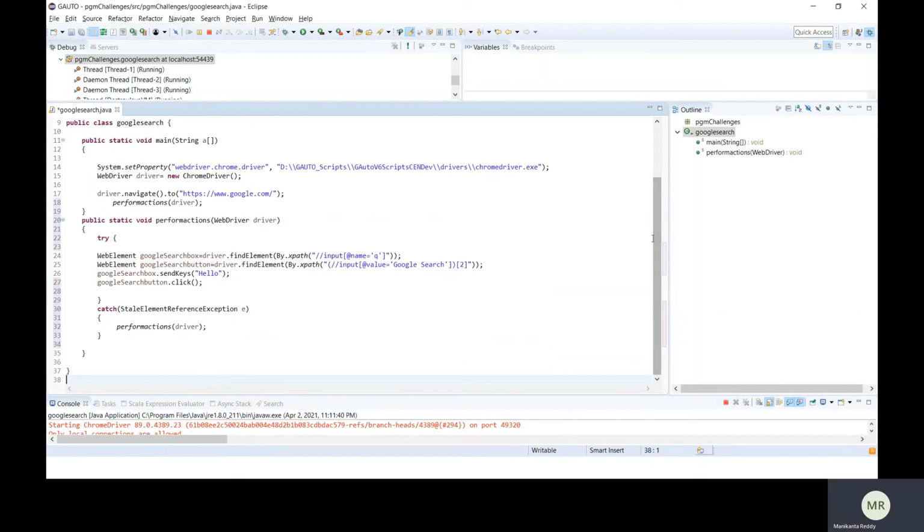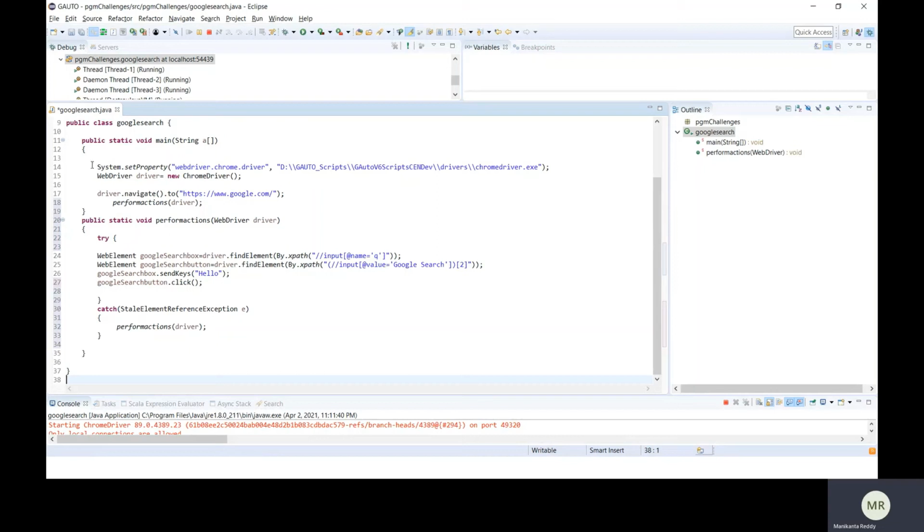In simple words, if you ask me how to resolve, once it has failed because of the stale element exception, you have to catch that exception and find the elements once again. Because the elements are refreshed, you have to find the elements once again before performing any operations like click or sendKeys or any operation on the web element.